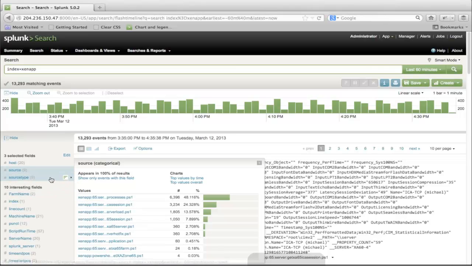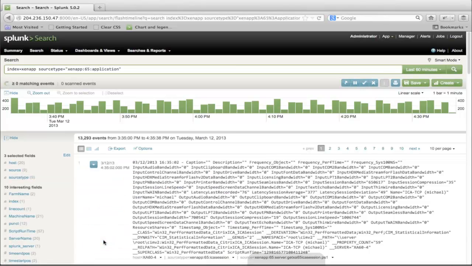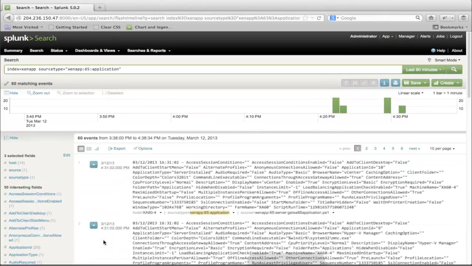And the source type is tagged in the application itself. So when we start talking about applications in a few more minutes, you can tell your applications, when you collect this type of data, just tag it with this source type. So this is user-defined stuff here as far as the source type goes. And so, like I said, I just want to really focus in on application data. So I'm narrowing my scope to not just XenApp data, but XenApp application data.